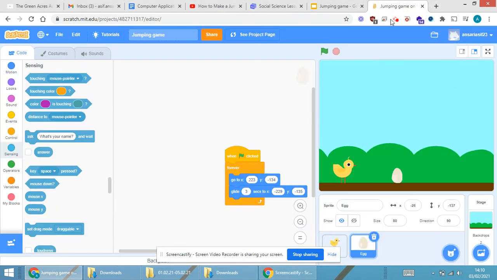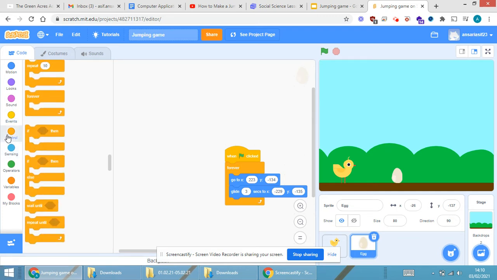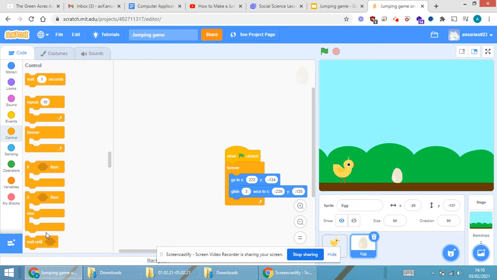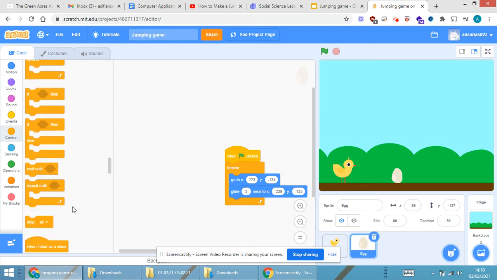Now moving to Scratch, you have to see that you are on the egg part. At the bottom there will be two sprites, and we have to see that we are using the egg sprite. Now when we go to the egg sprite, the first block that we are making use of is the control block. In the control block you will be able to see stop all. So I'm just dragging stop all over here, and when we require to stop,